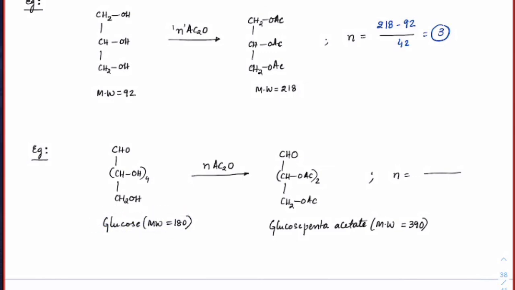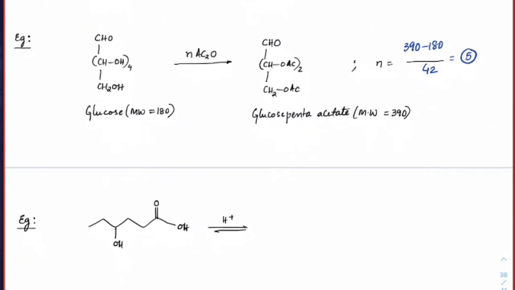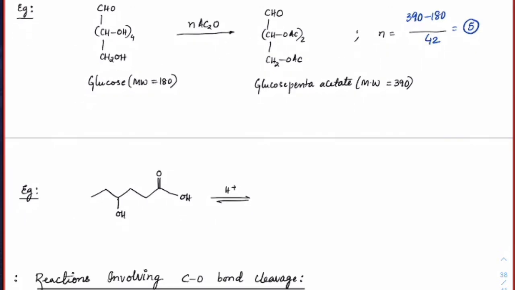In glucose also, right? In fact, the determination of glucose is one important concept in biomolecules. There we will use the same concept. To identify the number of OH groups, initially we take the molar mass, and after the formation, check out the molar mass here. This is 390. So 390 minus 180 divided by 42. If you do that, you'll get this as 5. Which means there are 5 hydroxy groups. You can see 4 here, 1 here, total 5, right? So the last reaction, I will stop it here.